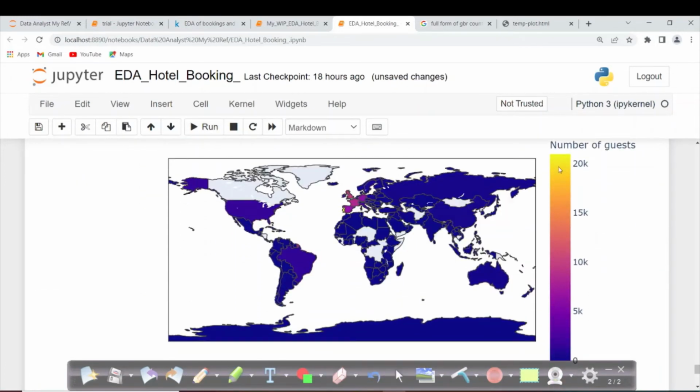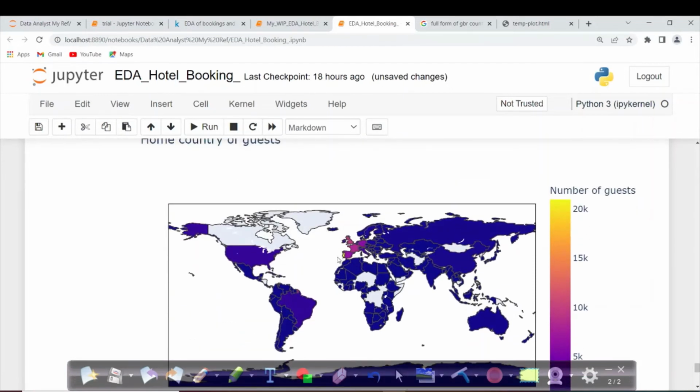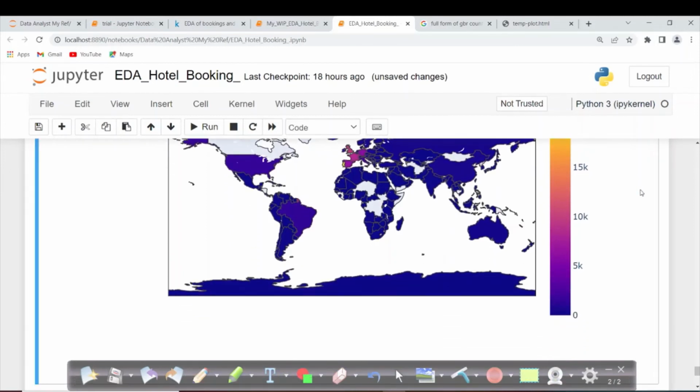Okay, you can see this yellow is having the maximum value. This blue means very less value. If you can see, here is the yellow, that is Portugal. That means 20,000 of the guests are coming from this region. This is the region where the majority of our guests are coming from. What is that? European countries. Okay, now